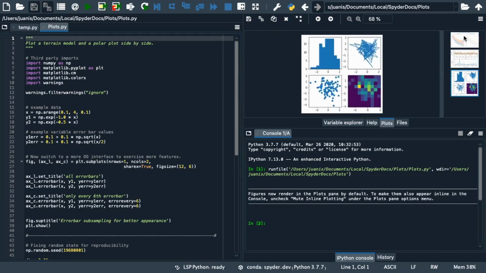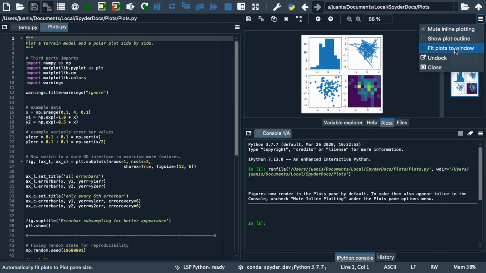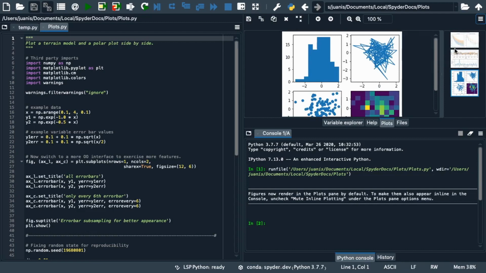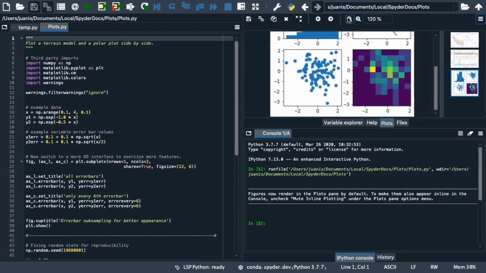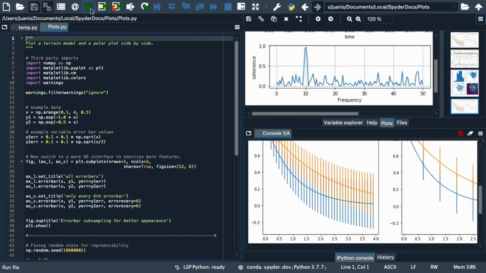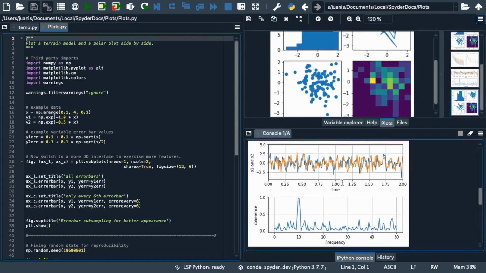If you open the pane's options menu, you will see that Fit Plots to Window is enabled by default. Disabling it will allow you to zoom the plots in or out. You can also see that Mute Inline Plotting is enabled, which prevents the same figures from also appearing in the console. Note that every time that the code is run, new copies of the plots are generated in the pane,